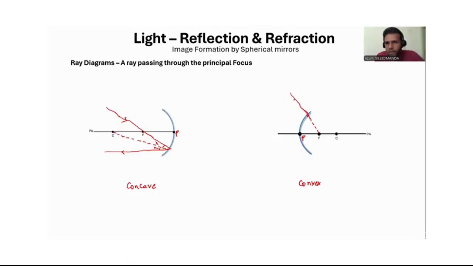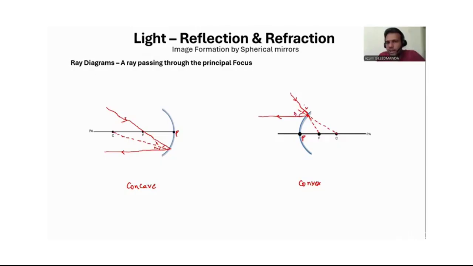Okay, yeah. So I'm drawing freehand, so it will not come out as a straight line. But yeah, okay. So this ray is incident and appears to be passing through the focus. Now, if you join an imaginary line to the center of the curvature, this will be our angle of incidence I. Now, with the same angle of reflection, this ray will reflect, and this goes parallel to the principal axis again,